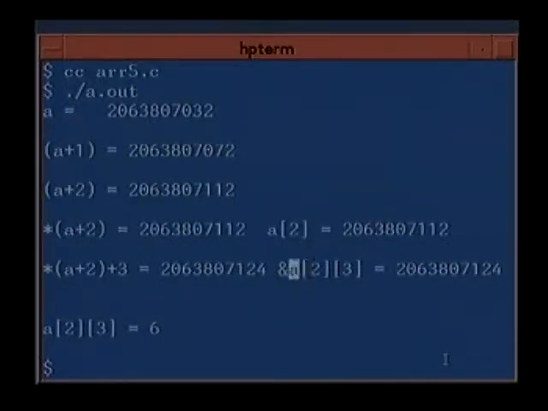Alright. Now this one will be content of A plus 2, then plus 3, which will give you the address of &A[2][3], which will be 12 bytes after this. 4 into 3, 12 bytes. And then A[2][3] equal to 6 is fine. You can get the value of the location. Similarly, you have to extend your ideas to 3 dimensions, 4 dimensions.